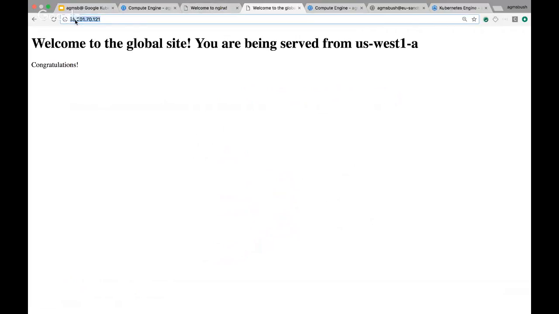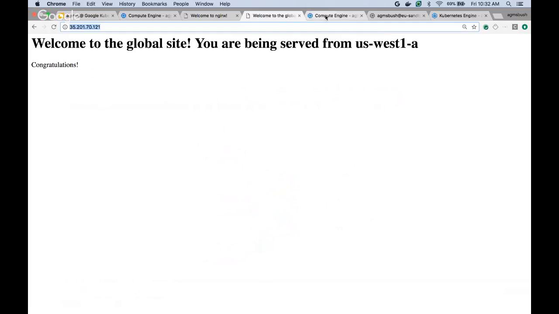Okay, so this is my single VIP represented by this load balancer. We have a multi-cluster ingress tool that will allow you to configure what I have set up. But this is a simple site that is showing me what GCP zone I'm being served from. Obviously we're in beautiful San Francisco, so I'm being served from us-west1-a, which is in Oregon, the closest GCP region to me. I could end the demo here and say, that's it, we're done.